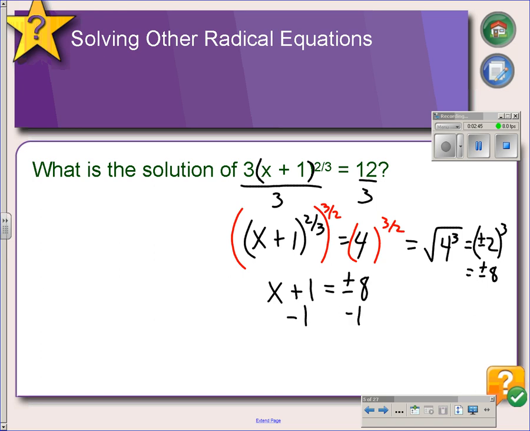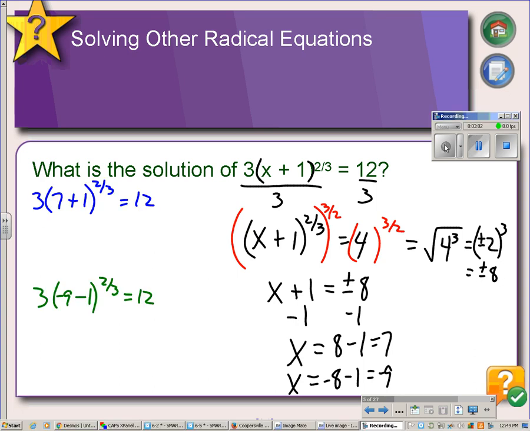Subtracting 1 on each side gives us x equals positive 8 minus 1, which is 7, and negative 8 minus 1, which is negative 9. Now we have to check these solutions to see if they actually work in the equation. So if we